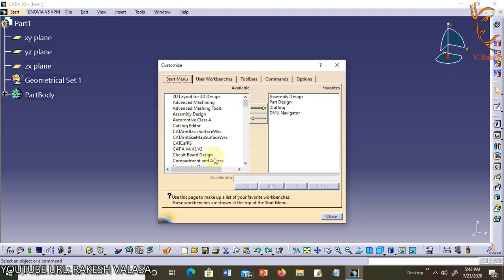Notice the list of workbenches listed in the left column. They are listed as available, that is 2D Layout for 3D Design, Advanced Machining, Assembly Design, Automatic Class, etc.